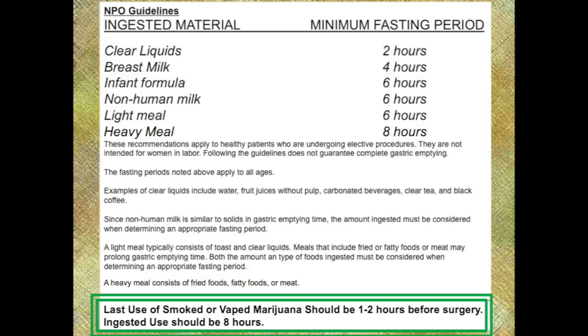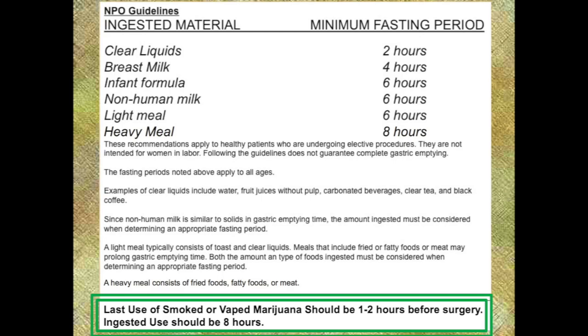So this is NPO status. This is the NPO guidelines. These came out in 2017. These are not hard and fast laws. They're rules that we follow in anesthesia and that you and your office need to follow as a sedation dentist. So clear liquids, in other words, a liquid you hold up to the light and you can see light through, is 2 hours. Breast milk, we're not going to worry about too much, but formula, non-human milk, and a light